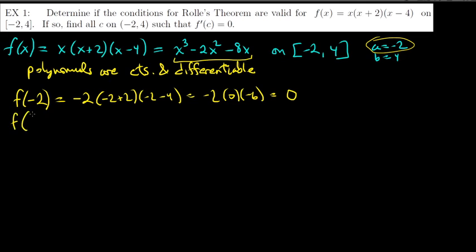Now for Rolle's theorem to apply, I have to find f of b. Remember, b is 4 here, and that has to be 0 as well. They have to be the same. Remember, f of a has to equal f of b. They don't have to be equal to 0, but they have to equal the same number, right? So they can both be equal to 7, let's say. But we know that they're both going to equal 0, and we know that because we get,